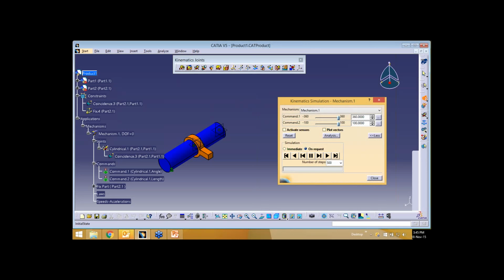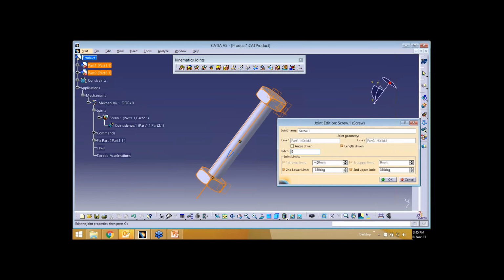And also, the screw joint is similar to cylindrical joints, where you can give angle driven and length driven. Now we'll see how it actually rotates.